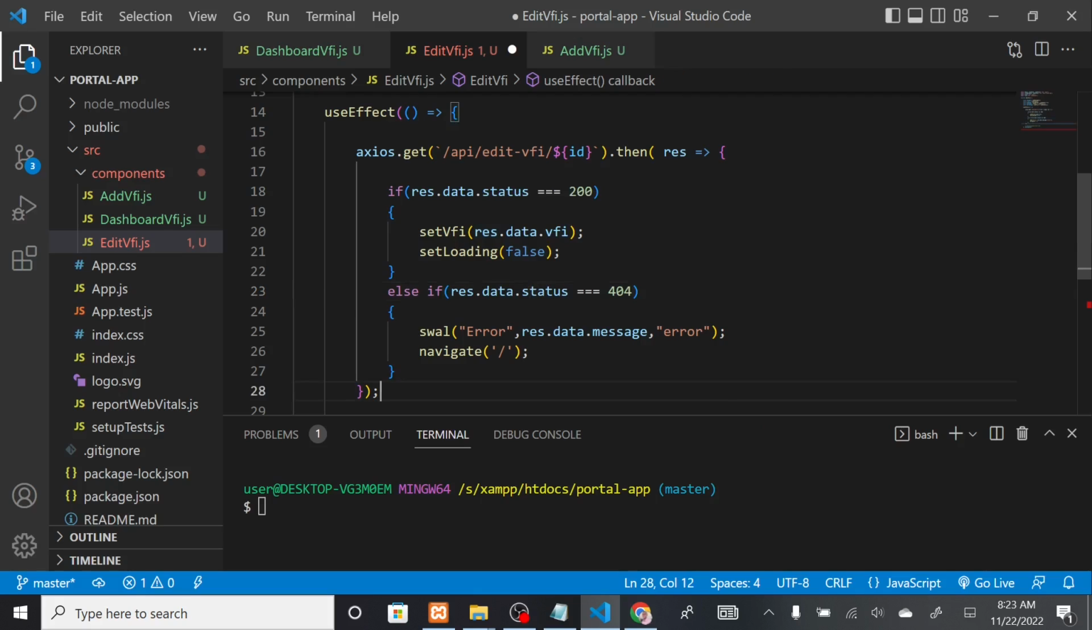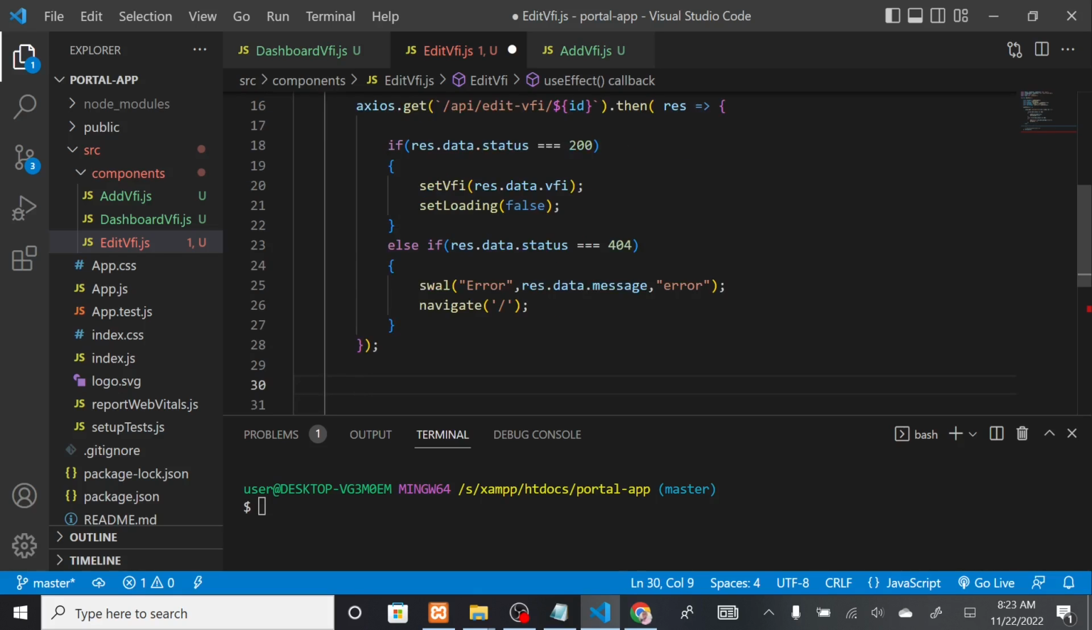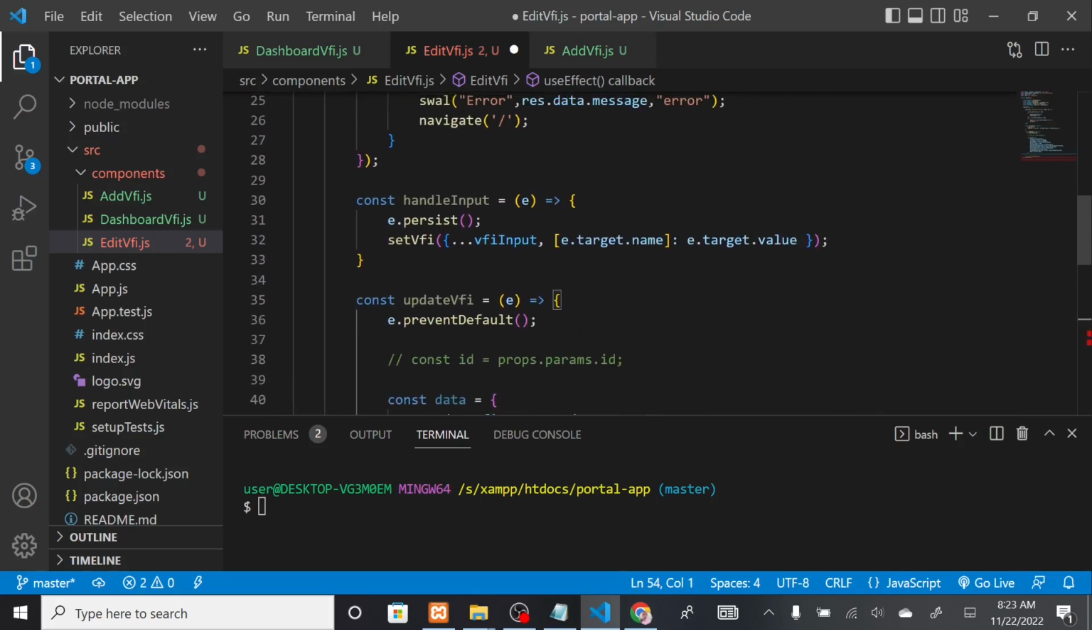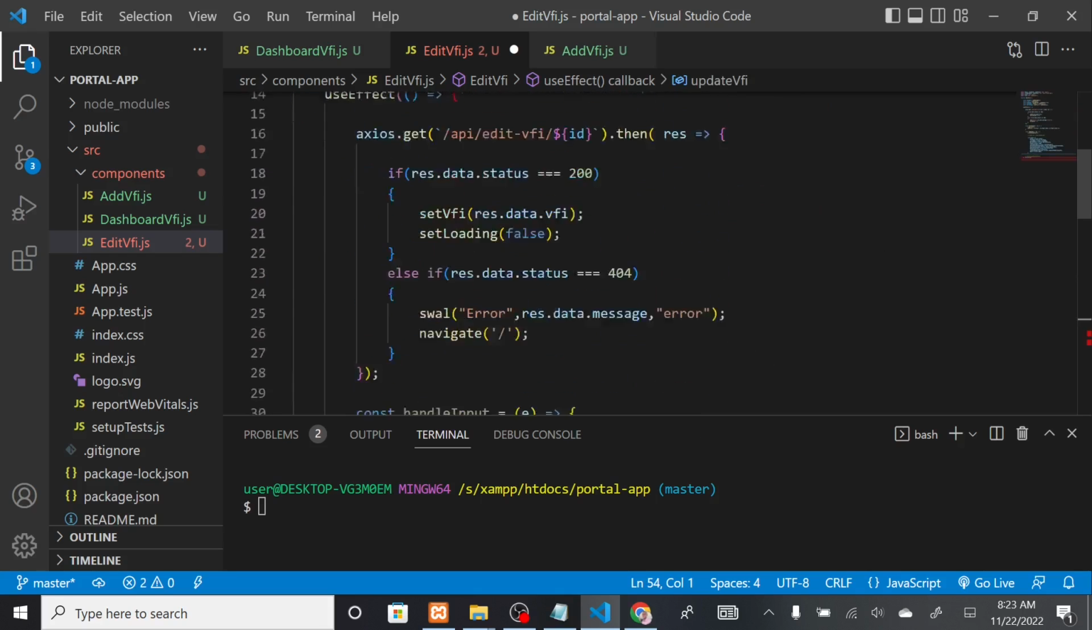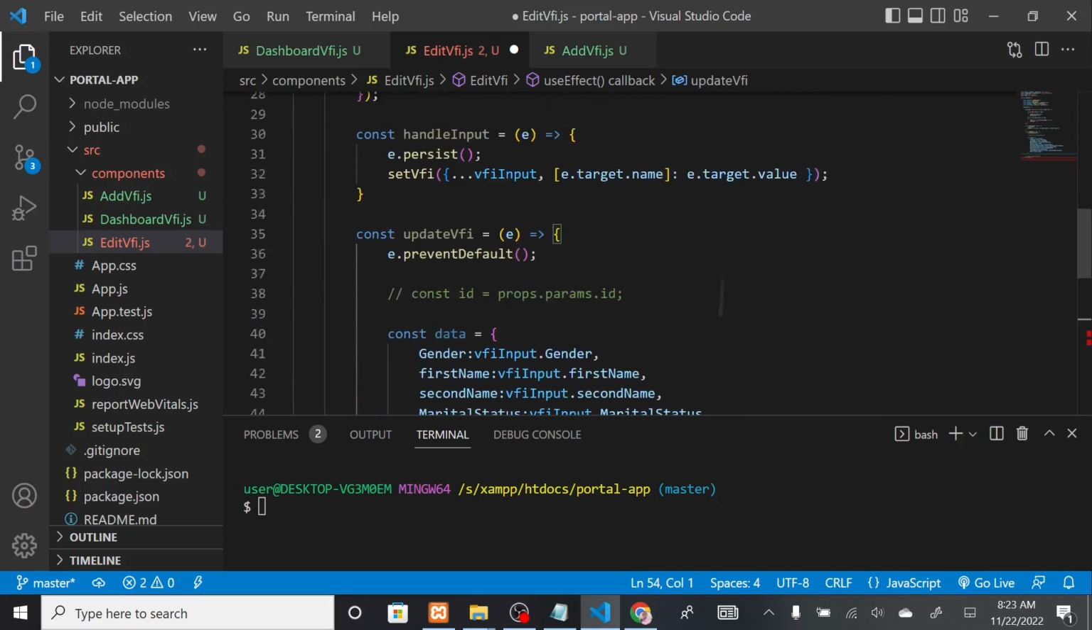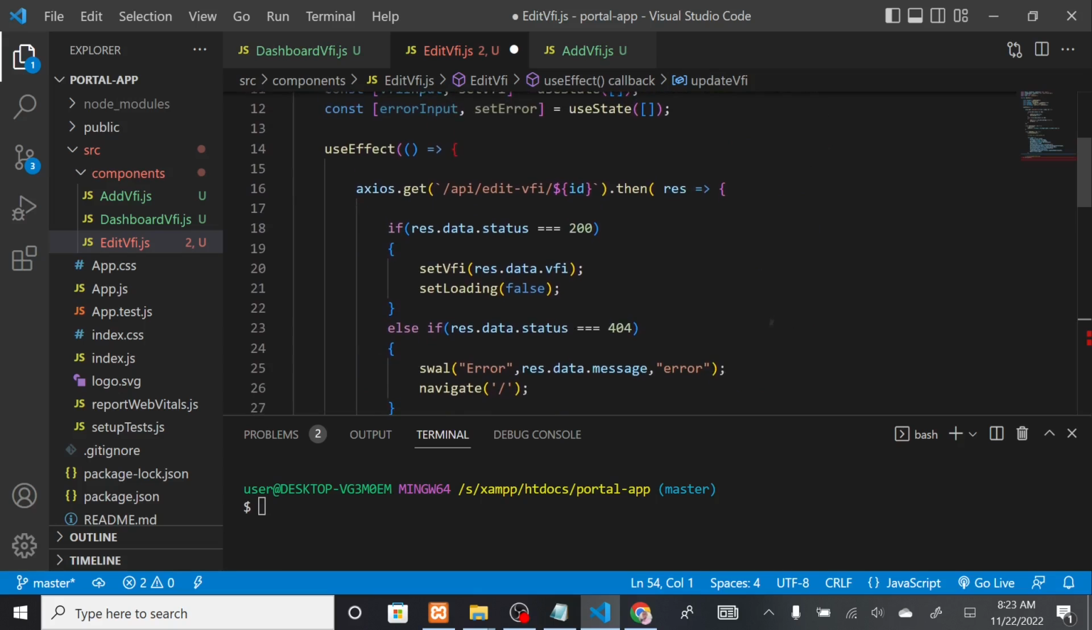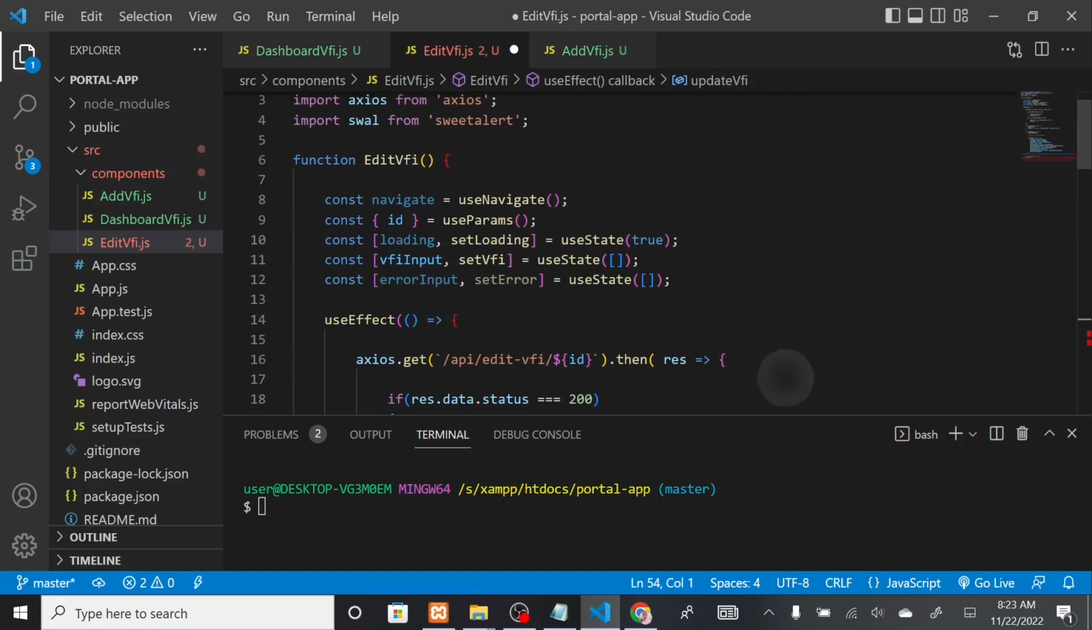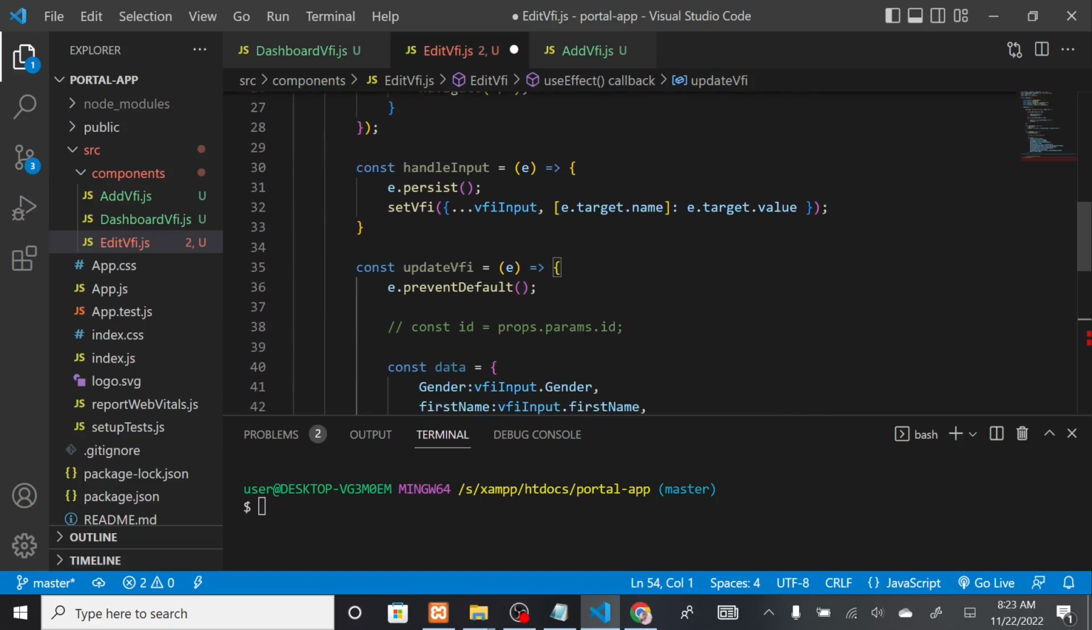Okay, so this is what we have next. The next part we have is this part here. Now here, let me show you. I'm having the useEffect as I've explained, and then I'm having these two events, the handleInput, and